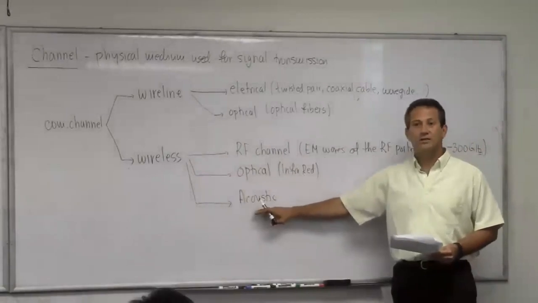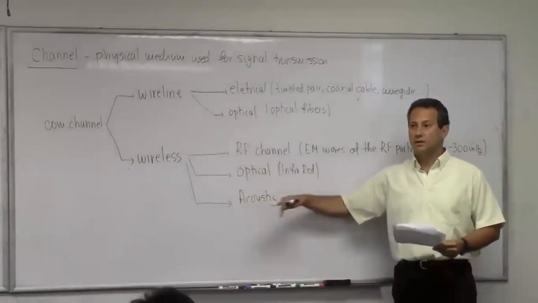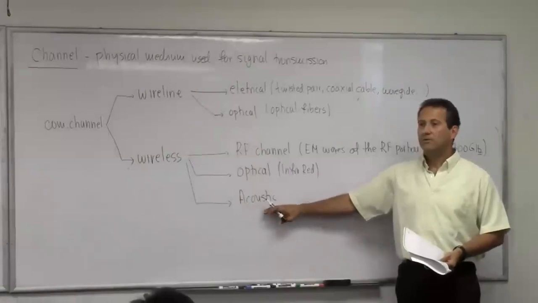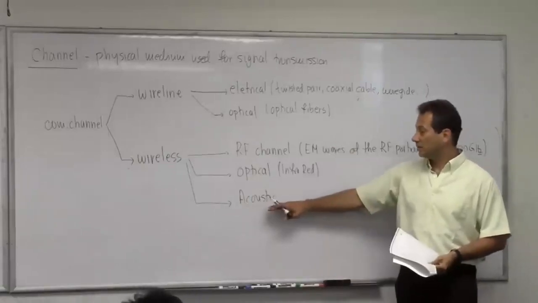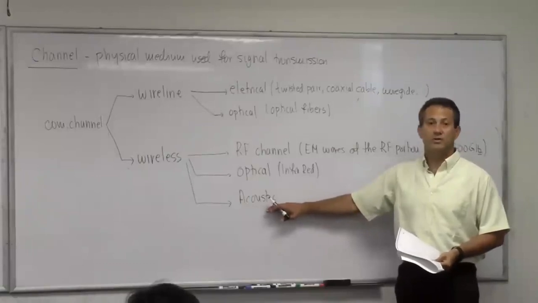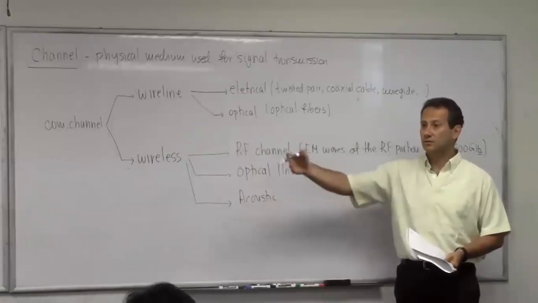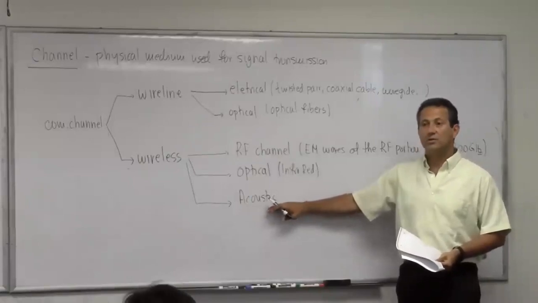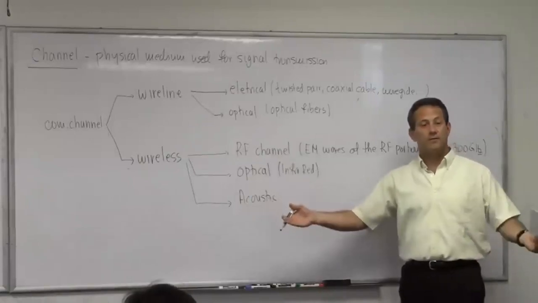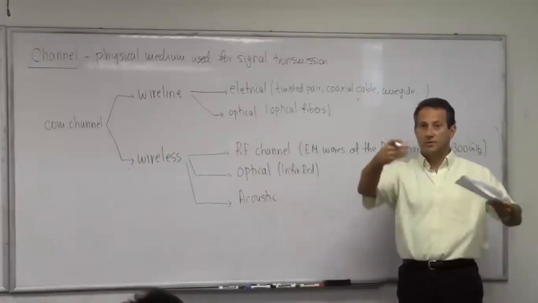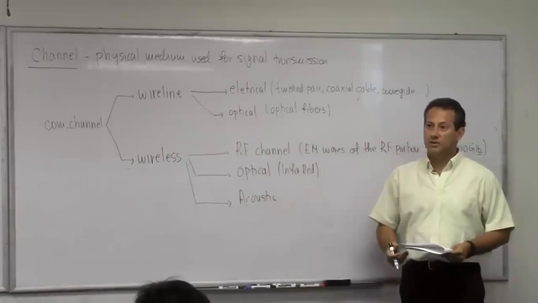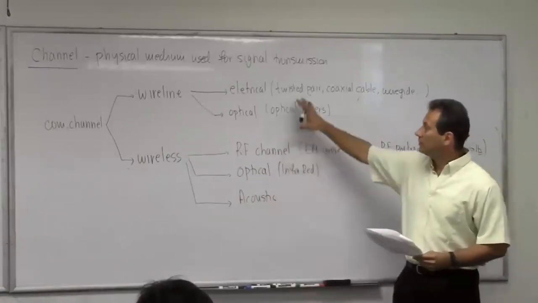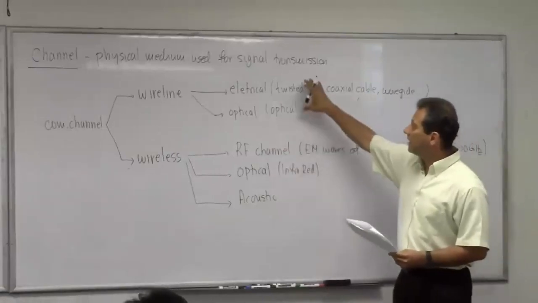Acoustic wireless channel is different. It uses acoustic waves. What is an example of acoustic wireless channel? Underwater is a prime example because propagation of electromagnetic waves underwater is limited to a few wavelengths, so you have to use acoustic waves. An even more obvious one is this one. When I'm talking to you, we're talking wirelessly, through an acoustic communication channel. So these are all different channels,